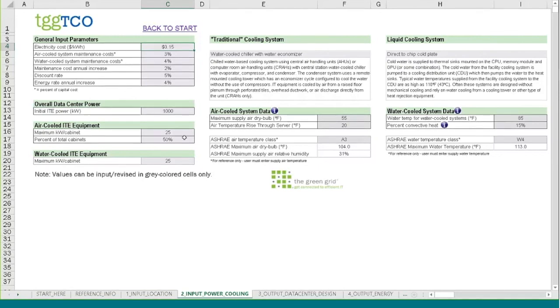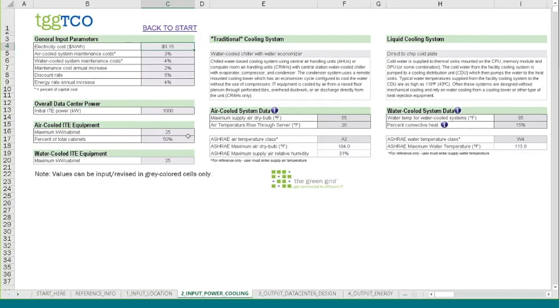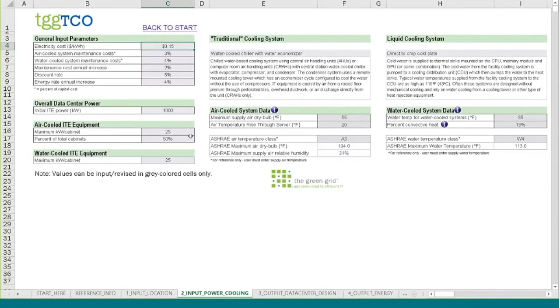Now what this means is we have the assumption throughout this whole spreadsheet that in the data center, we will have both air-cooled, meaning traditional servers, and water-cooled, meaning what we talked about earlier, the direct chip cooling. And if you don't want any air-cooled, you can zero the percentage out and make it all water-cooled. But the idea here is that, especially in retrofit applications, there's most likely going to be air-cooled equipment. So to be able to model that again at a high level and assign a percentage